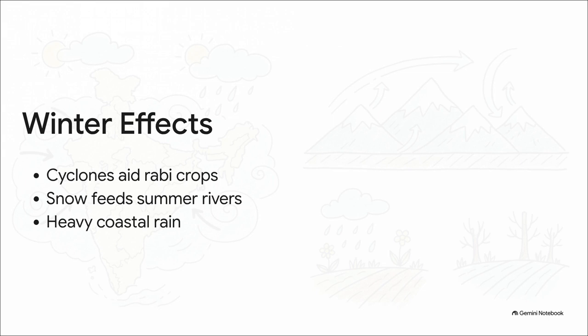On top of that, this precipitation falls as snow in the lower Himalayas. And it's exactly this snowmelt that sustains the water flow in the Himalayan rivers all through the blazing summer months. Meanwhile, as the northeast monsoon crosses the Bay of Bengal in October and November, it picks up a ton of moisture and unloads torrential rainfall over the coasts of Tamil Nadu, southern Andhra Pradesh, southeast Karnataka, and southeast Kerala.